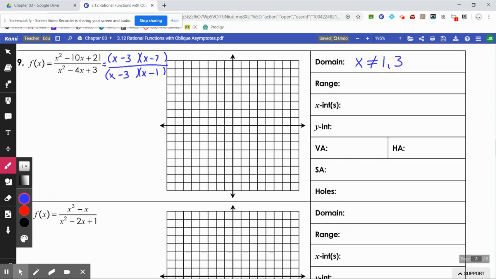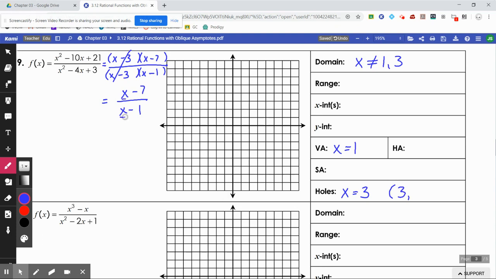Notice you have a factor of x minus 3 on top and bottom. So you're going to have a hole at x equals 3. So the vertical asymptote must be x equals 1. We can remove that discontinuity and rewrite our equation as x minus 7 over x minus 1. So to actually find out again where that hole is located, we can now plug it in. That hole is going to be located at 3 comma